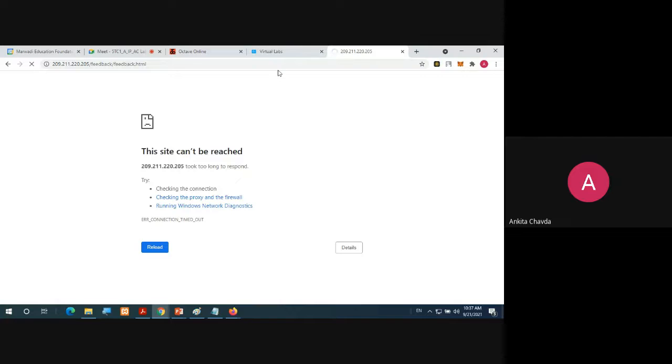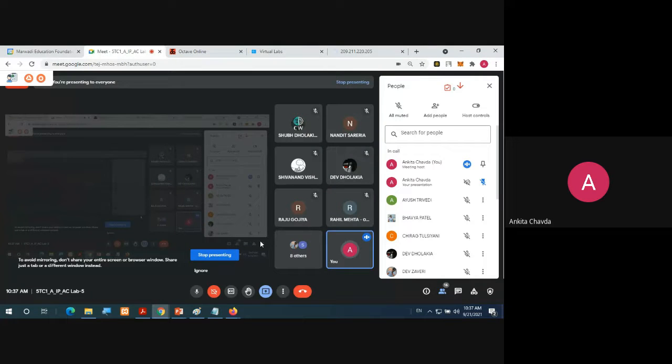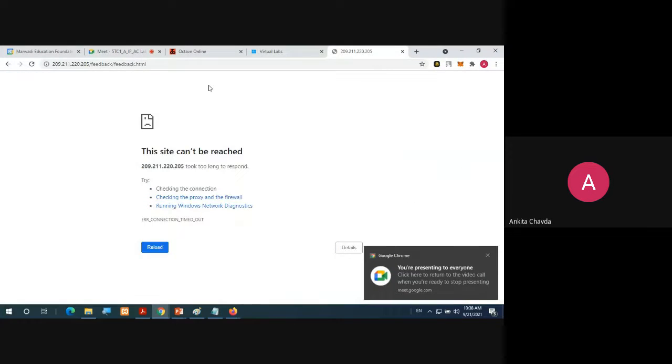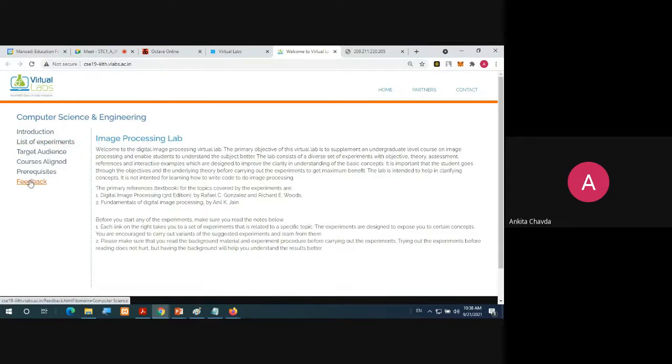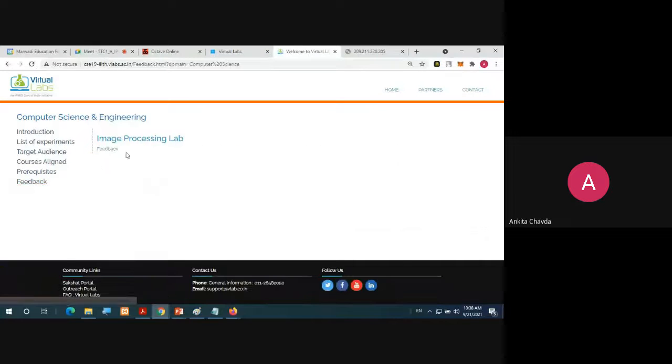Just check whether this feedback is working or not. Just let me know. Go to this virtual lab, Image Processing Lab. Instead of the list of experiments, just go to feedback. Once you go to feedback, click on it and see whether it's working or not. Maybe there are some proxy issues at my side, maybe because I'm connected with the institute cyber.